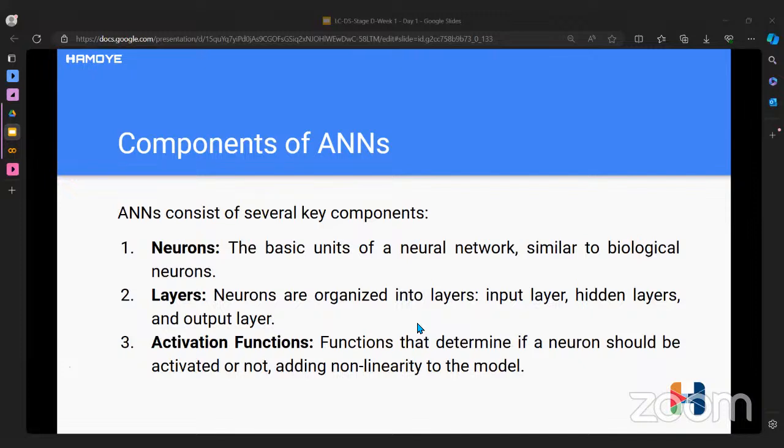Then we have layers. Layers are groups of neurons working together. Then activation functions decide whether a neuron should be activated. This structure helps the network learn complex patterns. So the three main components are neuron, the layers, and activation function. While neurons are the basic units that process the data, layers are groups of neurons working together. Then activation function decides whether a neuron should forward